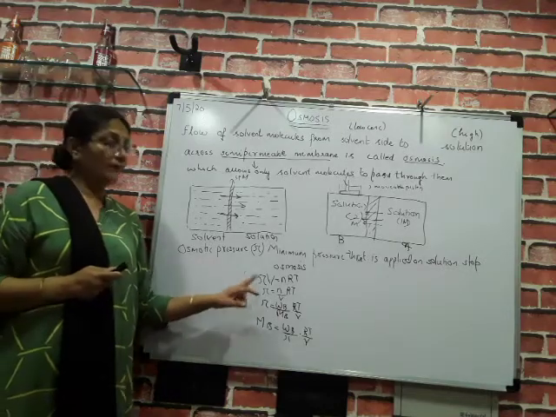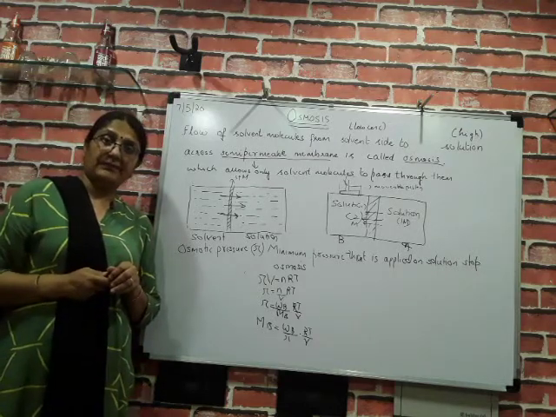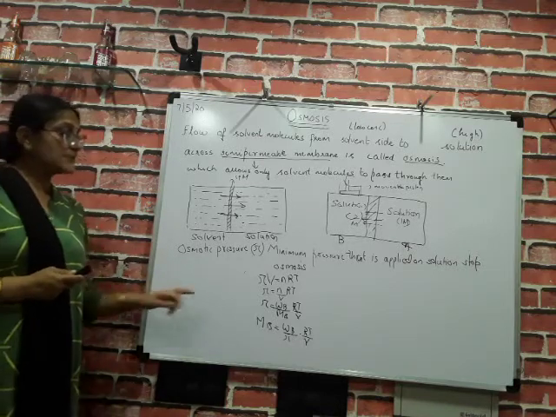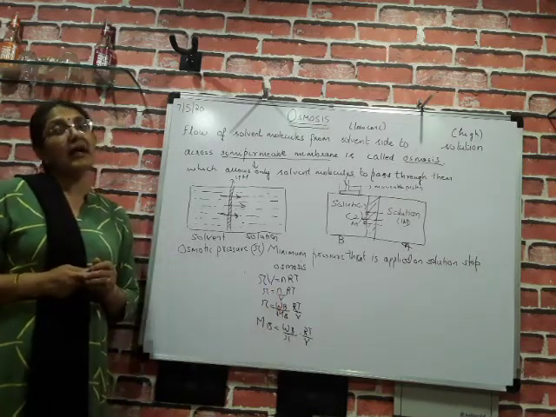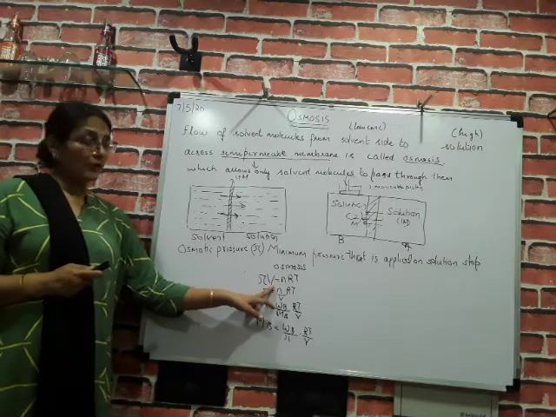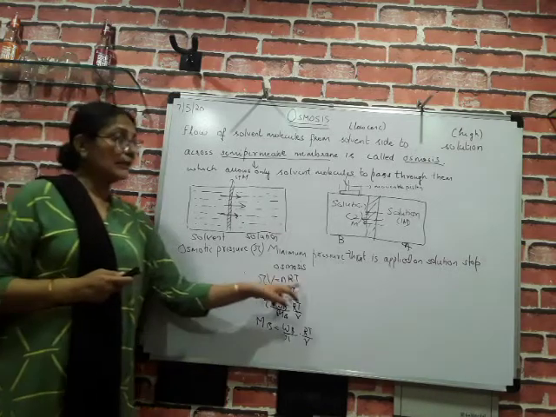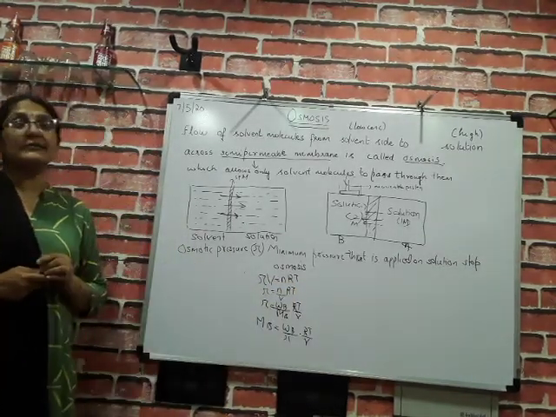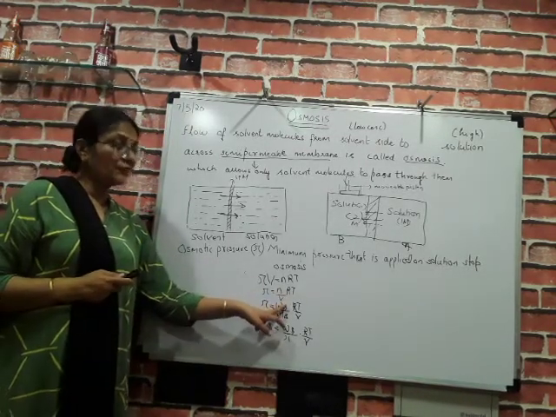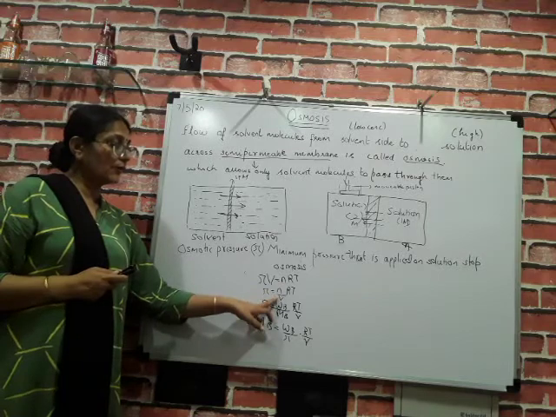So I write the ideal gas equation, PV is equal to nRT. Here instead of P I am taking osmotic pressure. So it becomes pi V is equal to nRT, where pi is osmotic pressure, V is volume, n is number of moles, R is gas constant, and T is temperature at which the process is conducted, in Kelvin. Now, I take volume to the right side. So this equation becomes pi is equal to n upon V into RT.